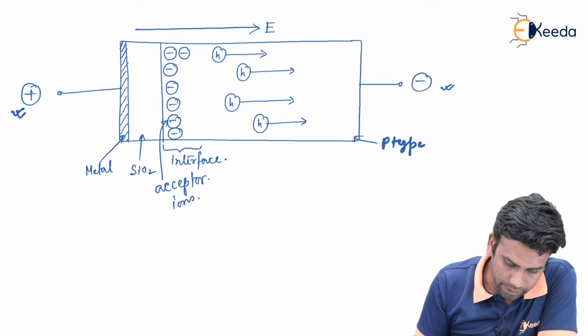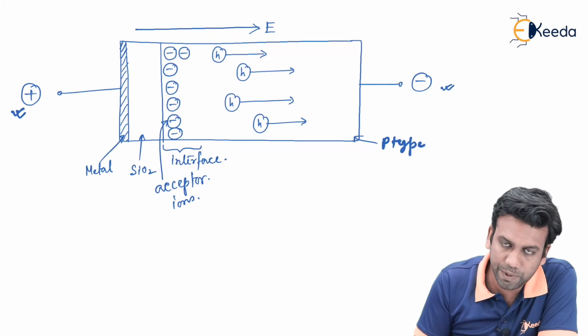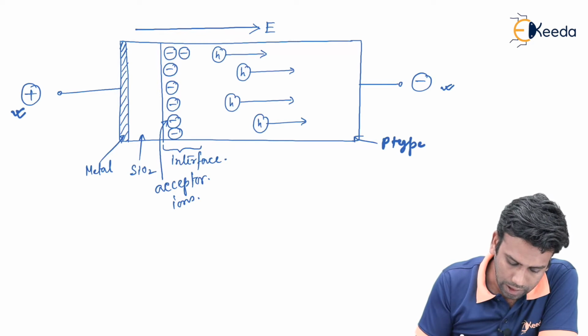So we can say now the interface region will behave as less p type than the other